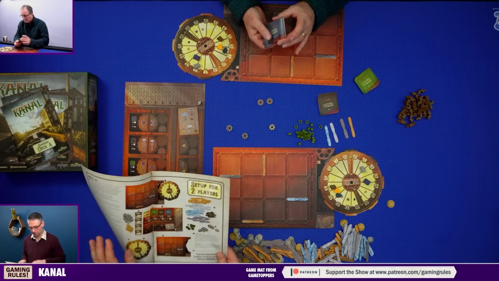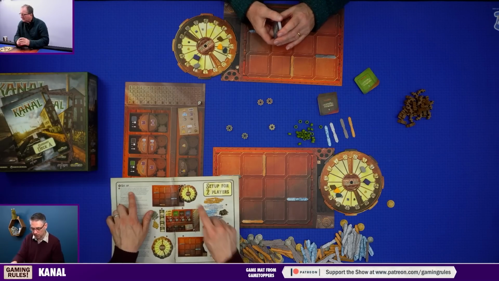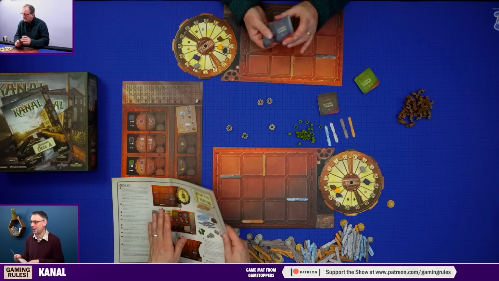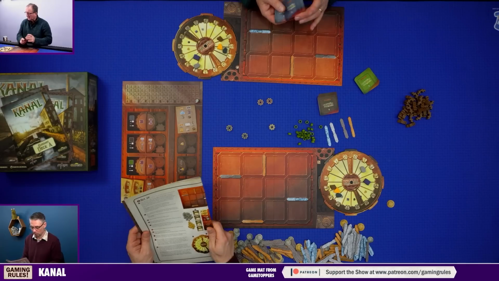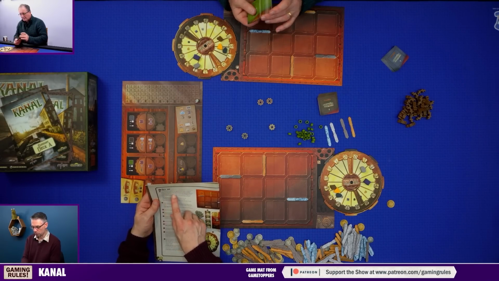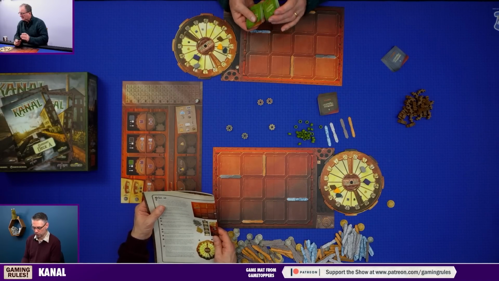There we go. Right, set up. Place the action board on the table. Done. Choose a deck of structure cards you want to play with. We're going to go A. It doesn't tell us to use A, but we're going to go with A. Makes sense. Shuffle the green, brown, and blue structures from your chosen deck separately and place the following structures in